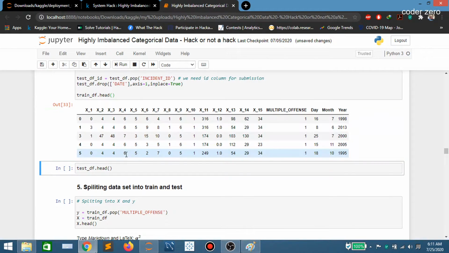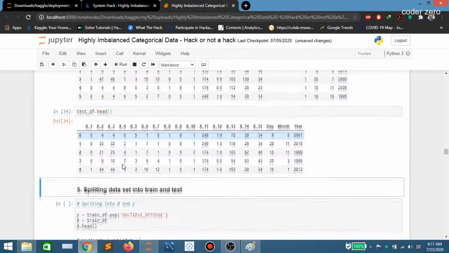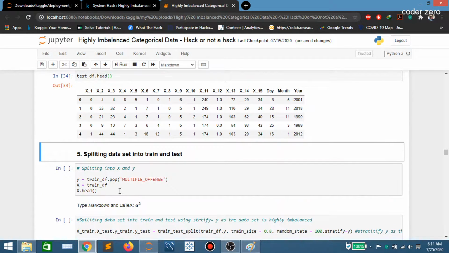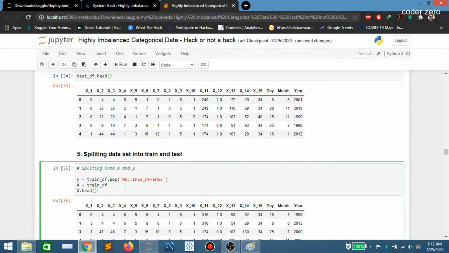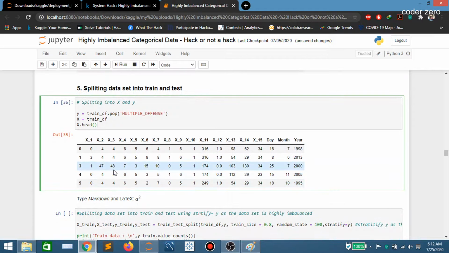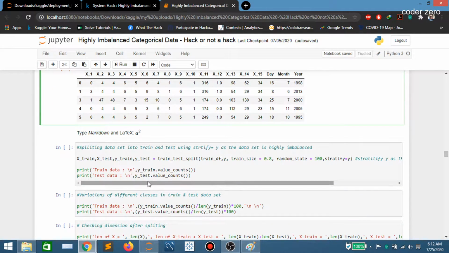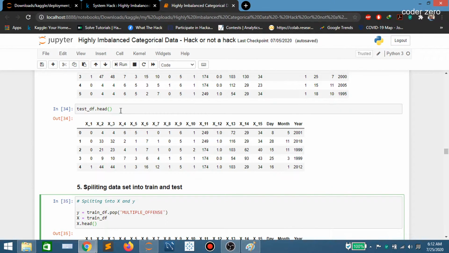Okay, after this we have this kind of distribution. Now you can see the test data. So now split the train data into X and Y. Let's do that. So here we have this is our X, and this is the Y. So guys, remember, we'll use this file to create our final submission file.